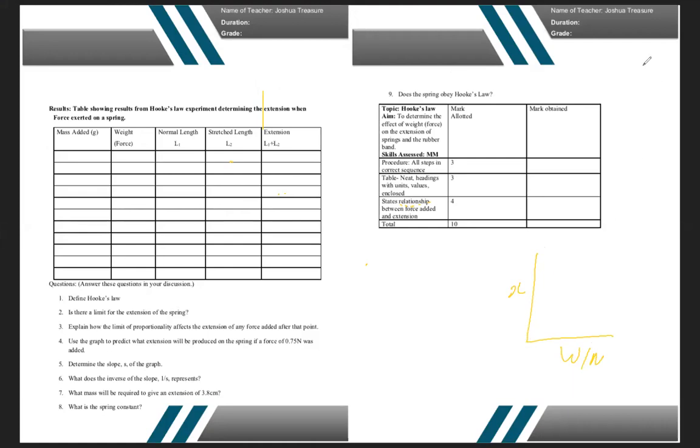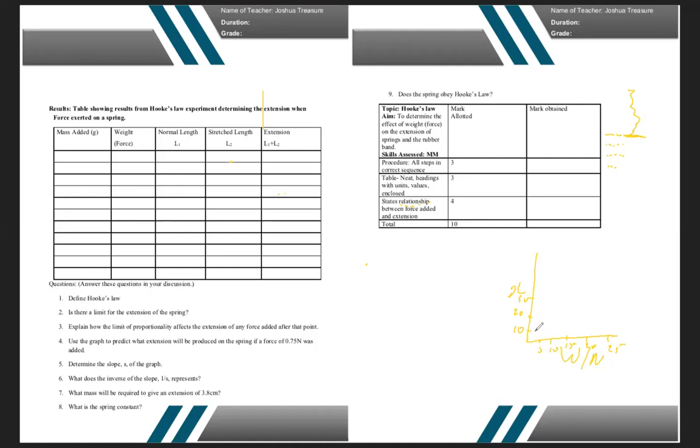Why? Because remember we had our spring here, and this is the zero mark with no weight on it, right? So as we begin to add weight, you would have say an extension of probably 5 centimeters and 10 centimeters and 20 centimeters. So you would have 5, 10, 15, 20, 25, right? Understand? Yes, sir. That would be the weight. And then if you have an extension of say 10, just an example, 10, then 20, then 30.